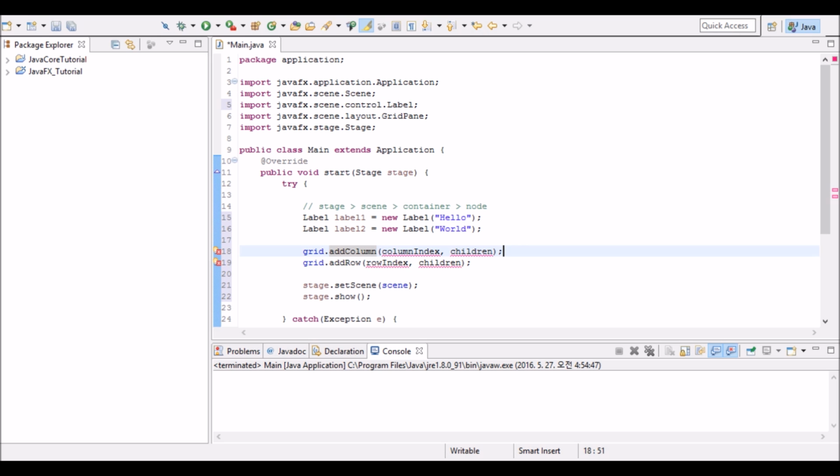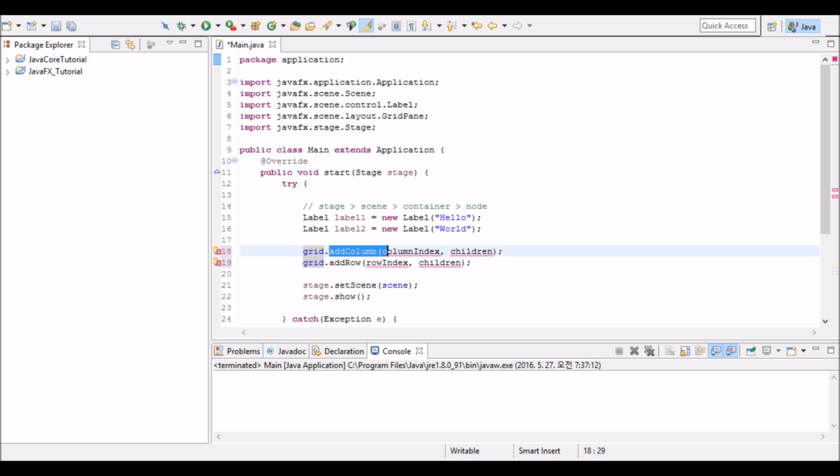In contrast, the addRow method will fix the row index and increment the column index by 1 as we put the node into the grid pane. In other words, it will add items into the grid pane horizontally. So, if we want to put items vertically, then use the addColumn method. If we want to put items horizontally, then use the addRow method.